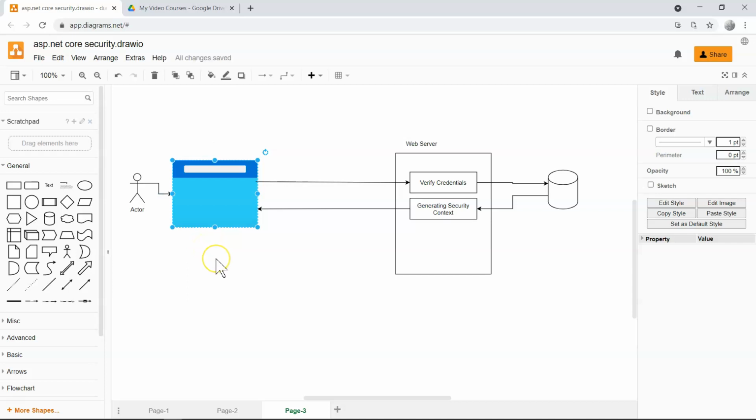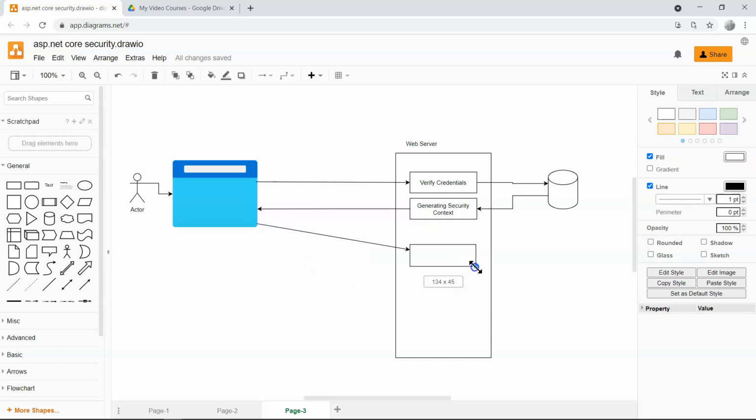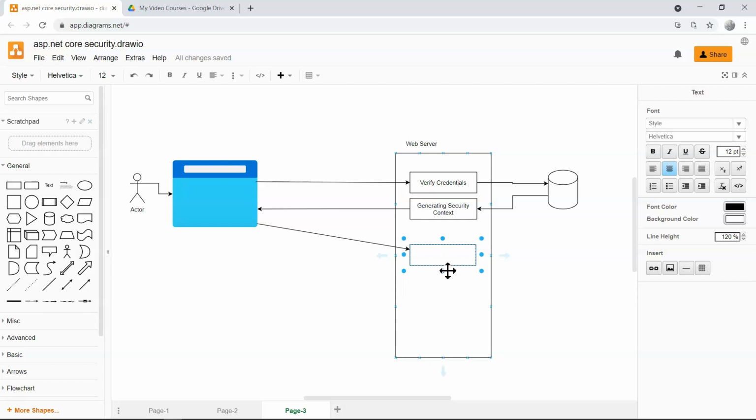And including that redirection, every single subsequent HTTP request will contain that cookie, right? So let's use another arrow to represent one of the subsequent requests, and then this rectangle will represent the authentication